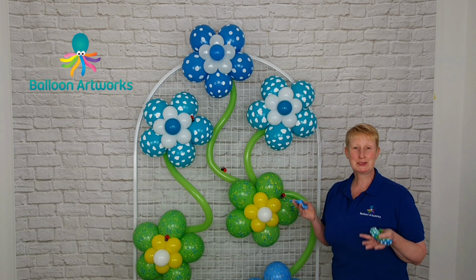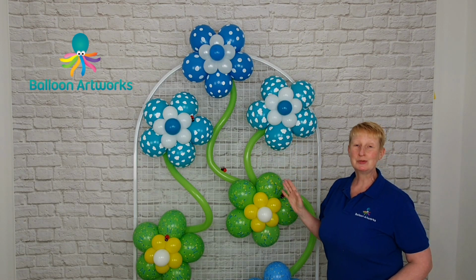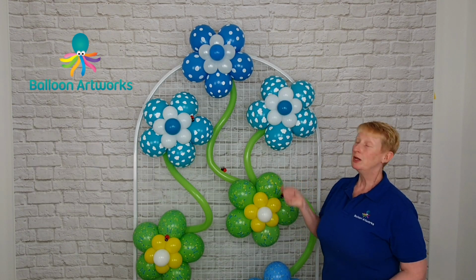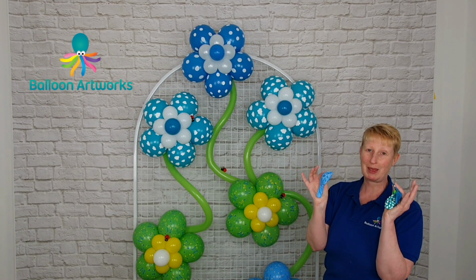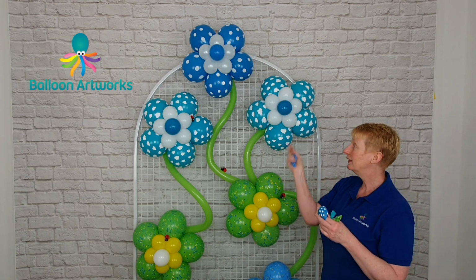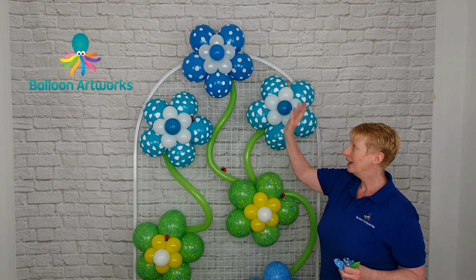For my bonus pro tip, if you're making your flowers with print balloons, don't use all the balloons in the packet. If you're making this for a client, it's slightly different if you're making it for yourself. But if you're building a display like this for a client, you need to make sure that you have some spares. So whilst it's very tempting, if you've got 5 of this print or 5 of the polka dot print left, to make another flower using those 5 balloons, I would highly recommend you don't do that,